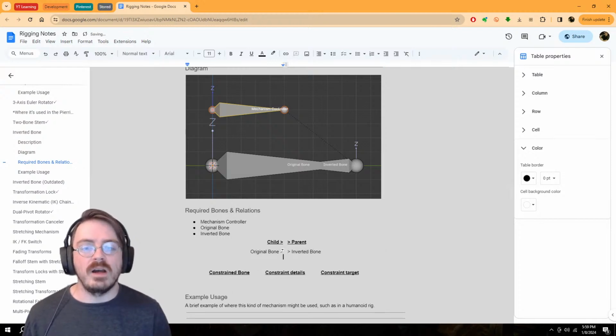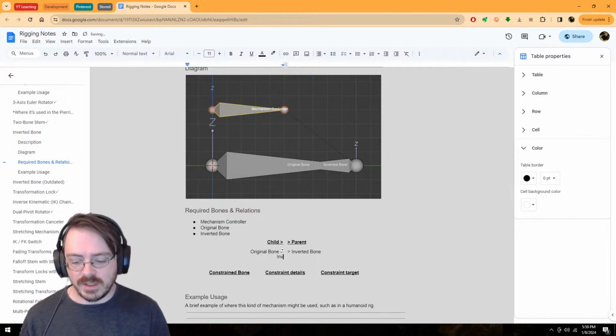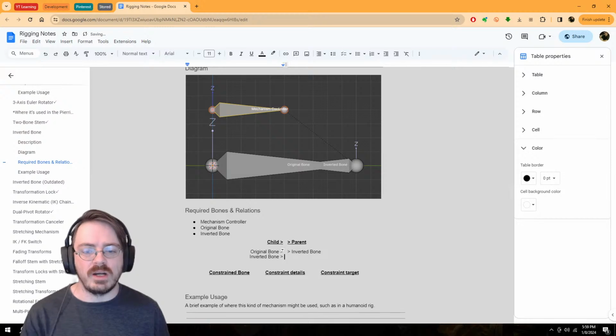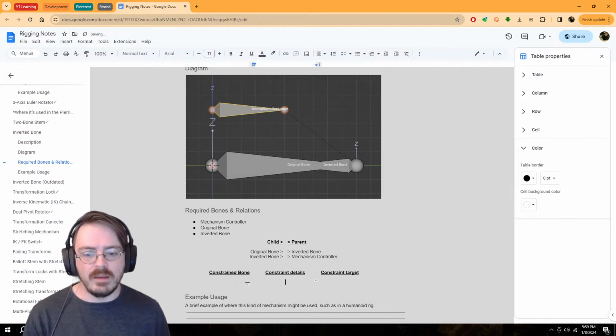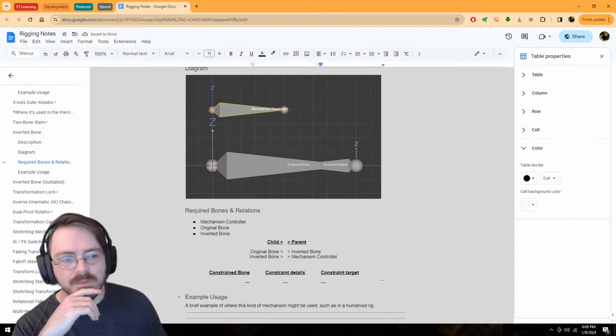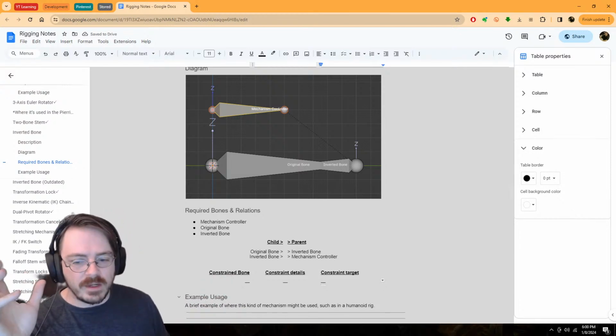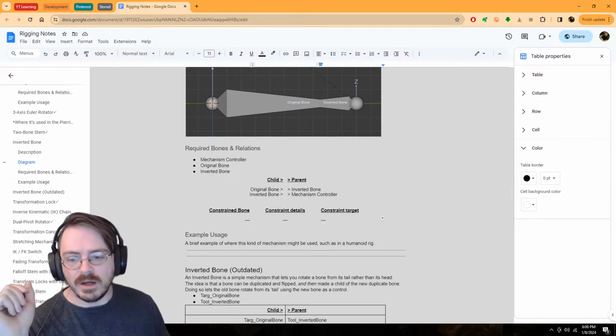And then we've got another one, which is inverted bone, is the child of, my goodness, mechanism controller. And fortunately, there are no bone constraints for this. So this is all very techie Blender stuff.